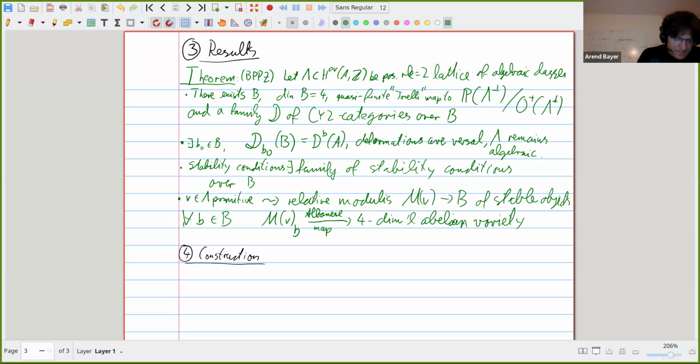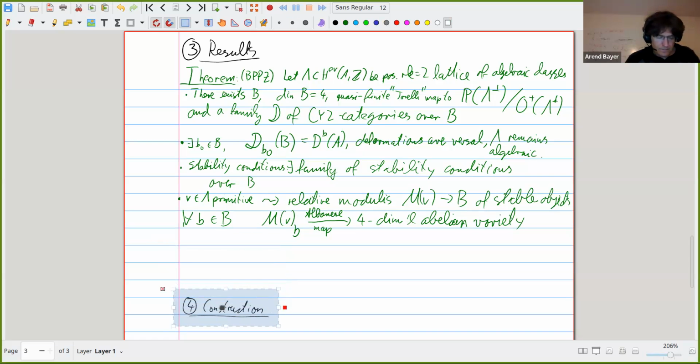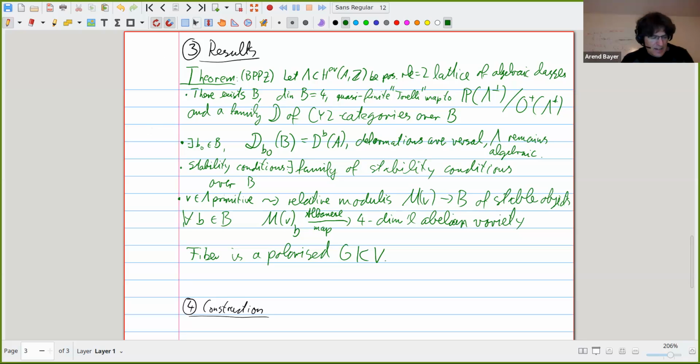And the fiber is a polarized generalized Kummer variety. And